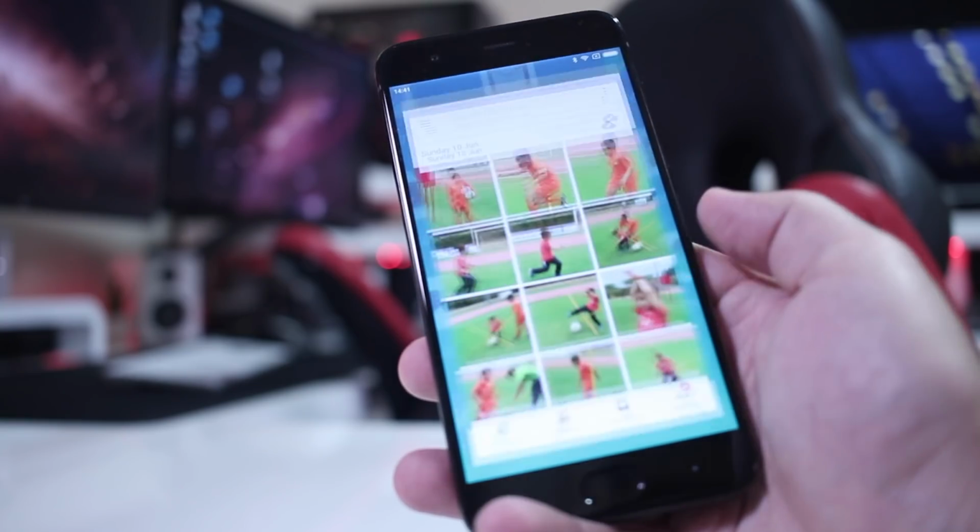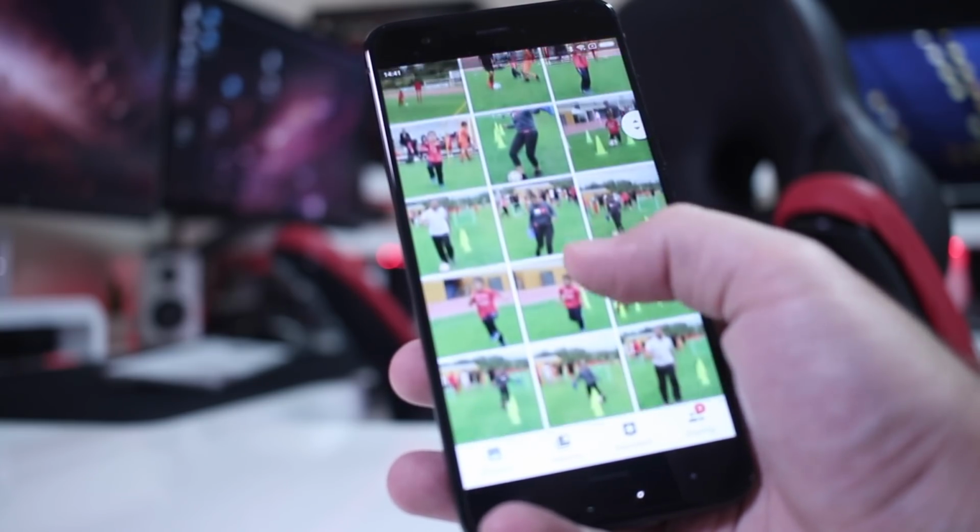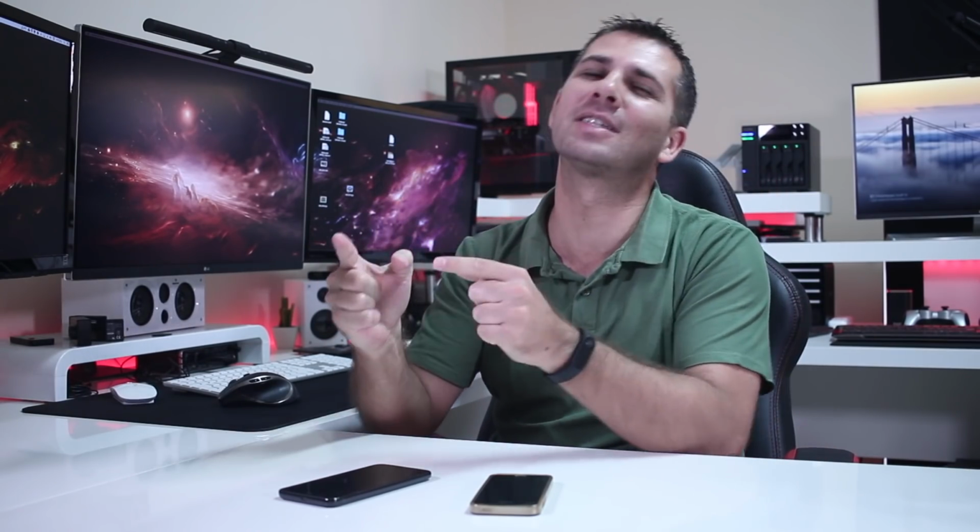On the other hand, Google Photos has improved a lot and it's getting closer and closer to Apple Photos. But guys, hopefully in this particular video, I'll be able to share with you that it's not at the same level as Apple Photos, and although it has some advantages over it, at this moment I'm still not ready to ditch Apple Photos for Google Photos, and that's mainly because of a few features that I will leave towards the end. So let's start with a comparison of these apps, and first of all, in terms of